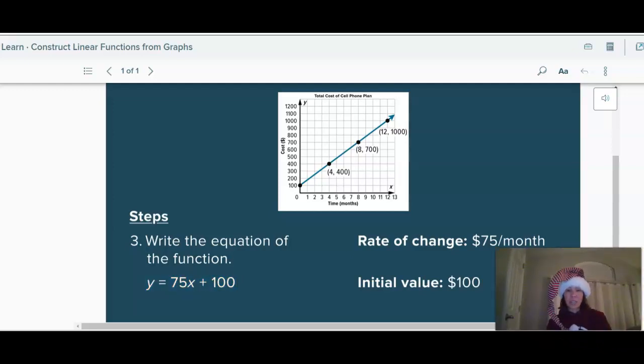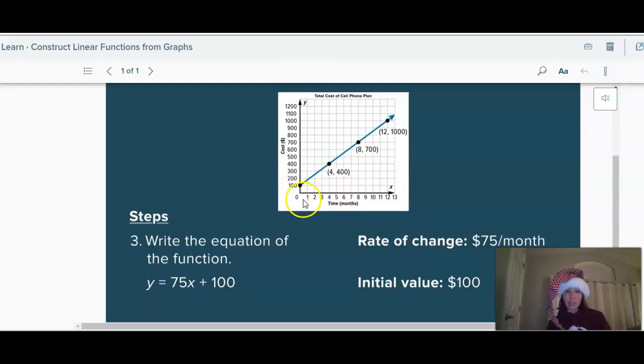So you can see it's really not, we did this in the last chapter. We wrote equations from the graph, and you're doing the same thing, but now it's in terms of a function where we're relating, in this case, costs and months. Now the important thing you're going to have to be careful of in this section is that you're going to have to pay attention to how your